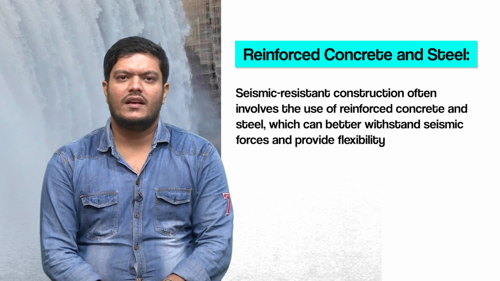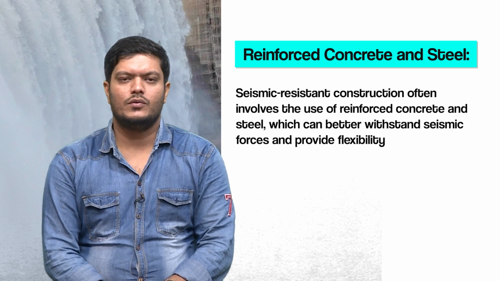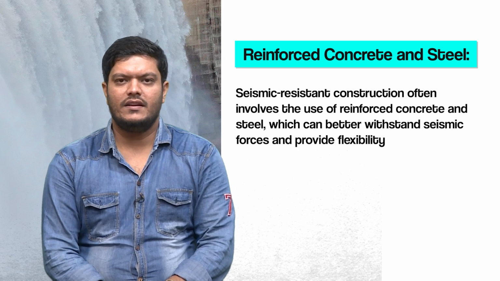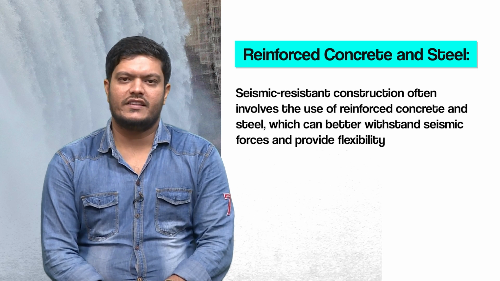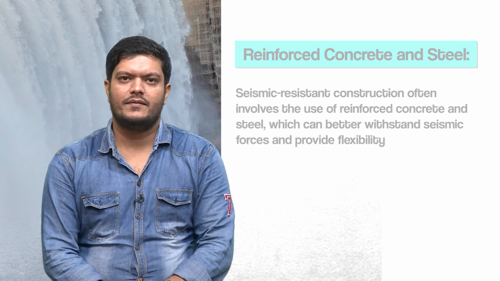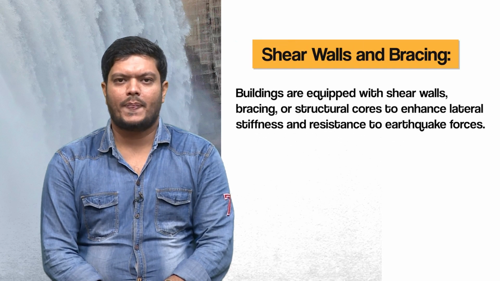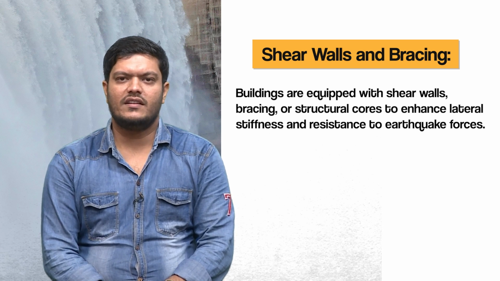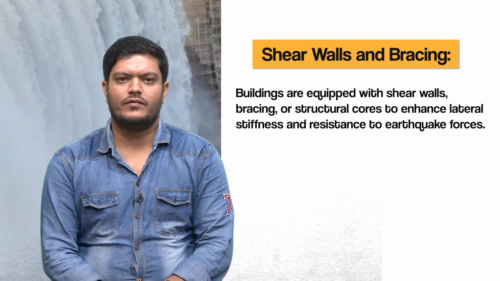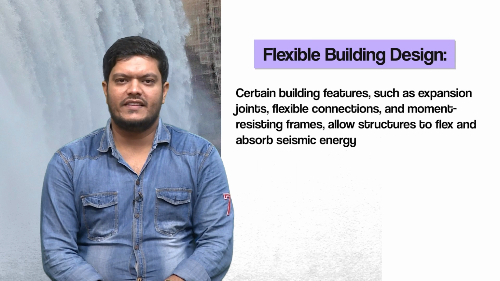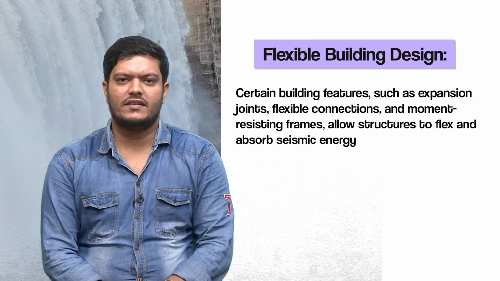Reinforced concrete and steel. Seismic resistant construction often involves the use of reinforced concrete and steel, which can better withstand seismic forces and provide flexibility. Shear walls and bracing. Buildings are equipped with shear walls, bracings or structural cores to enhance lateral stiffness and resistance to earthquake forces. Flexible building design. Certain building features such as expansion joints, flexible connections and moment resistant frames allow structures to flex